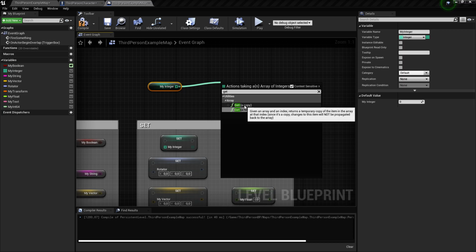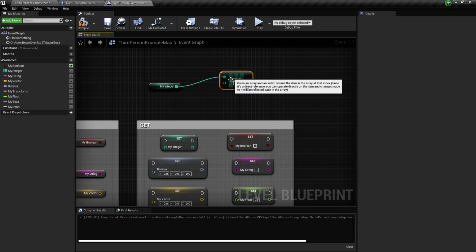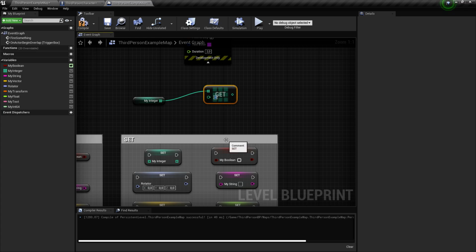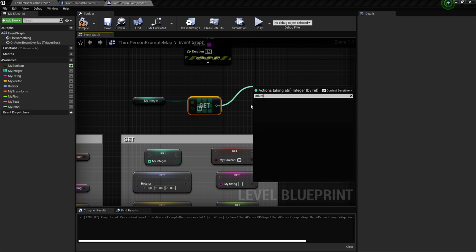If you want to get the reference or a copy, just hover the mouse over this little getter function to see what they offer you. So I'm just going to get a reference, which array, which index of the array I want to get. If it's the first one, I just type in 1 and I can print it or do whatever I want with it.